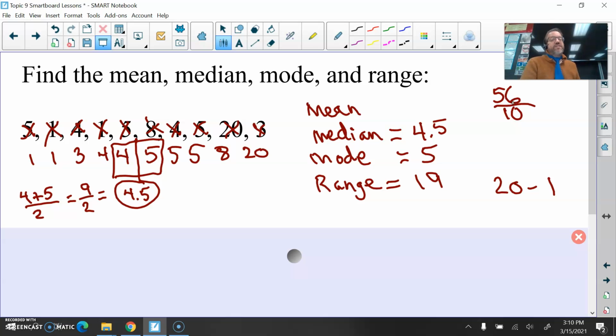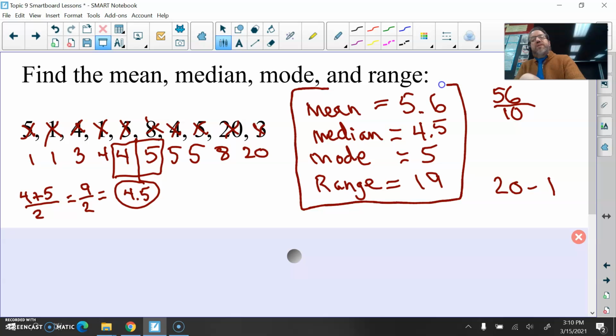And then we divide by 10, since we have 10 numbers in this data set. And 56 divided by 10, again, you can use a calculator. That will equal 5.6, because when dividing by 10, you can just shift the decimal point left one space. This time, notice the mean. Notice how much higher it is than the median. 5.6 is quite a bit larger than 4.5. So here's my median, mean,